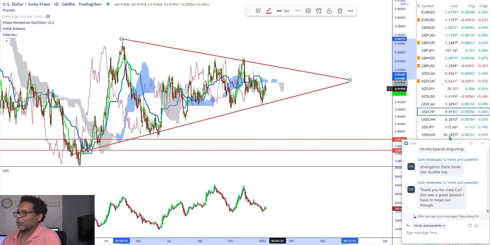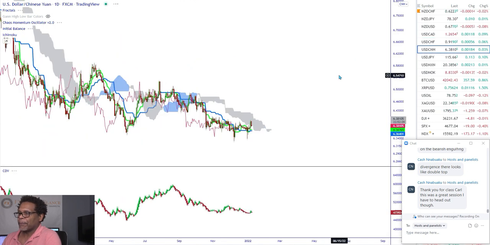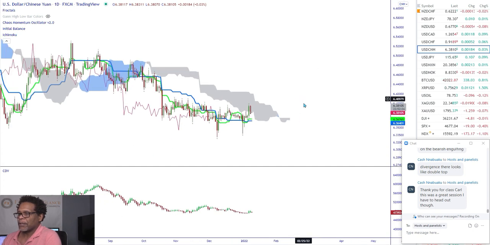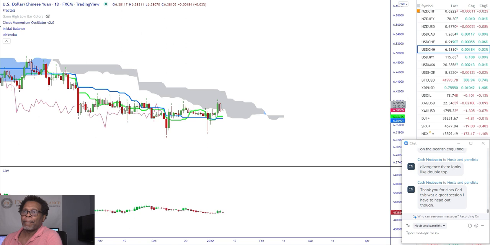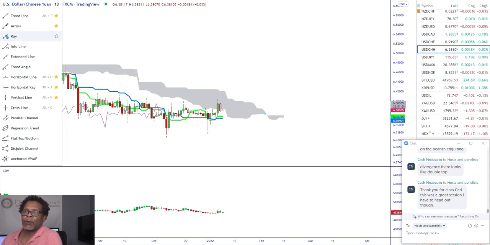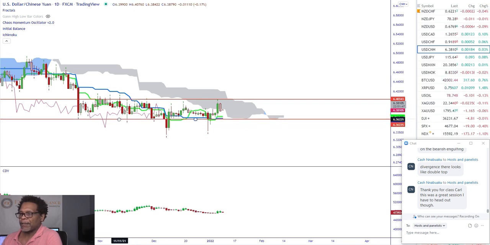All right. Let's look at the Yuan real quick. Let's stay on the daily. Got big news, I think, coming up on this. It's flat. It's pretty much inside of a box right here. Ichimoku's a little flat with this. Let's mark this level, and then we'll move on. Just going to show you how flat this is. We're flat here, and we're pretty much staying in this box here. We broke out a little bit. You can mark those lows if you want.